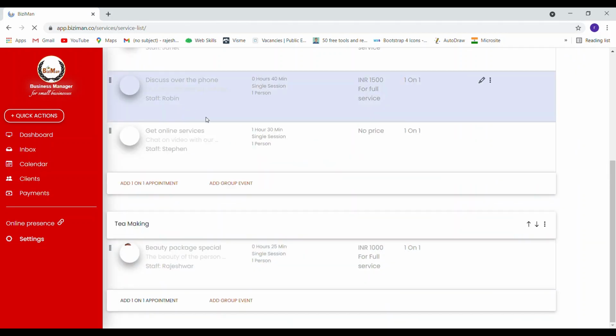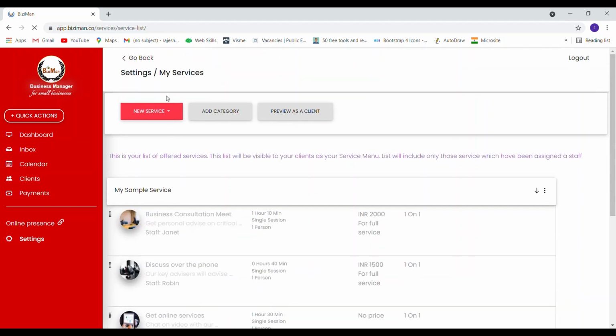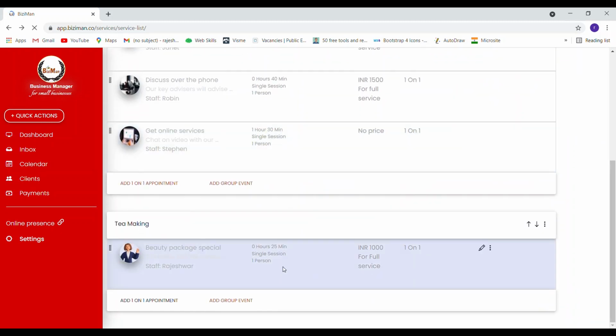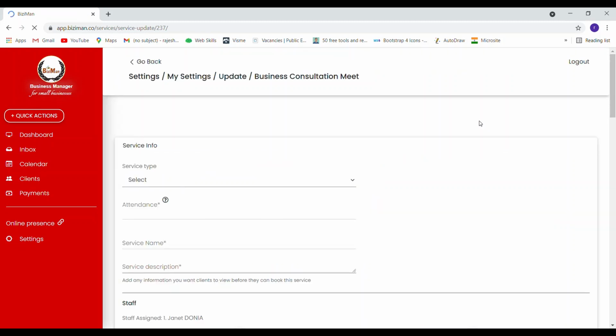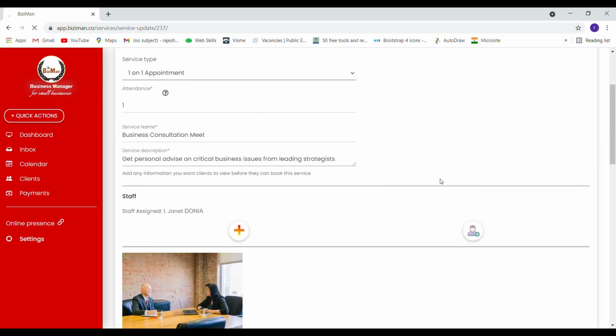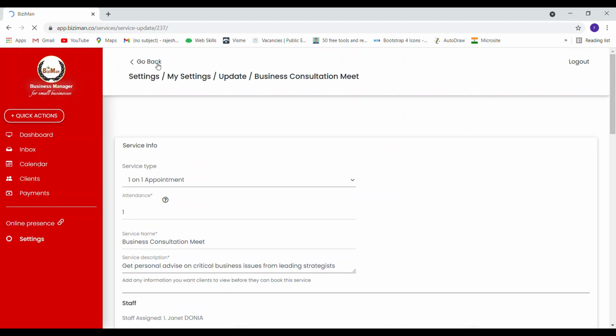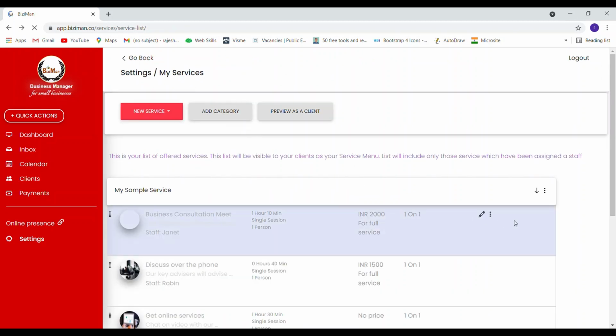So now when I see the error is gone and there is a staff assigned to it, so I go back and I find that the new service is up and running. So here I've created a new service. The old ones I can delete easily. I can just go here. This is the edit button, or I also have the option, if I go back from here, I also have the option of deleting this.